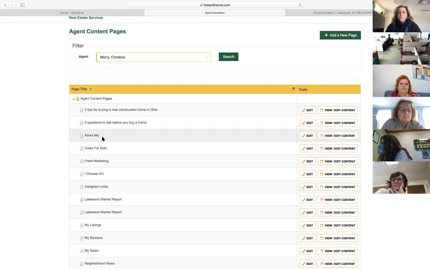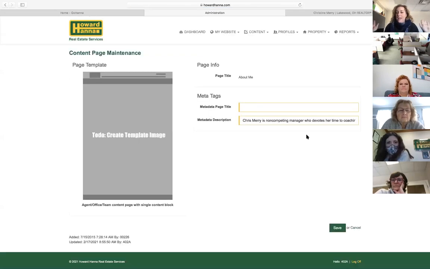And so this is the line for About Me. If I hit edit, which is sort of my instinct to do, this is going to pop up. And this is not what you want, right? This does not edit your page. This is about page creation. But what it is about, and you can see these things here that are called meta tags, metadata page title and metadata description. When you go to,